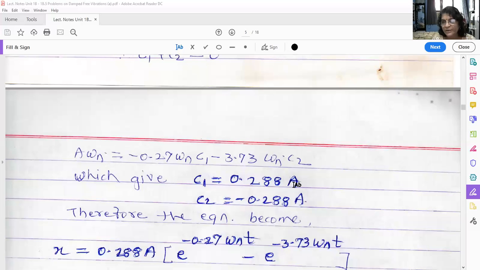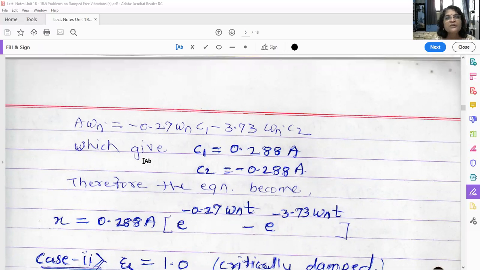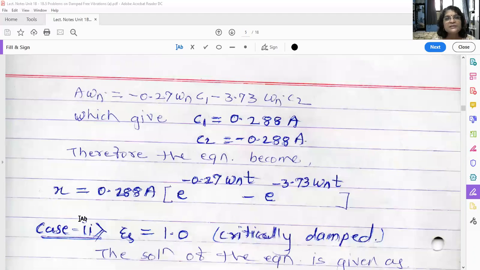It is nothing to do with A2 or like that. So we got the values of C1 and C2. So just put the values of C1 and C2 into your equation, that is the solution here. Okay. So x is equal to, let us see here, x is equal to